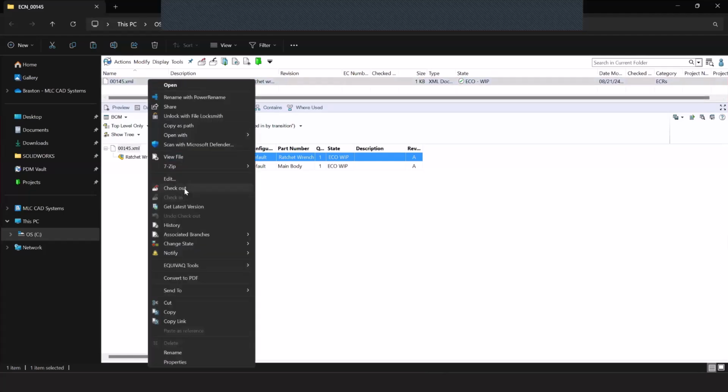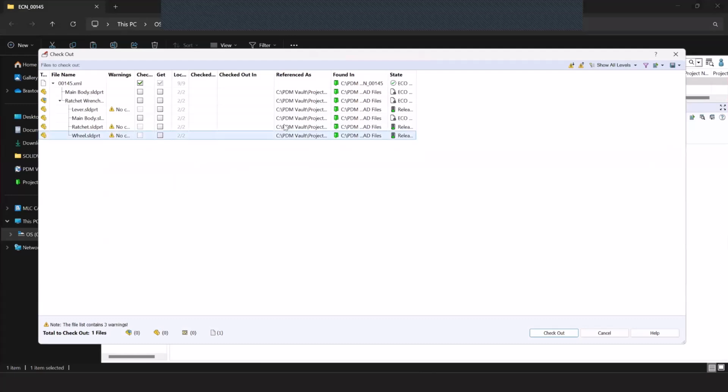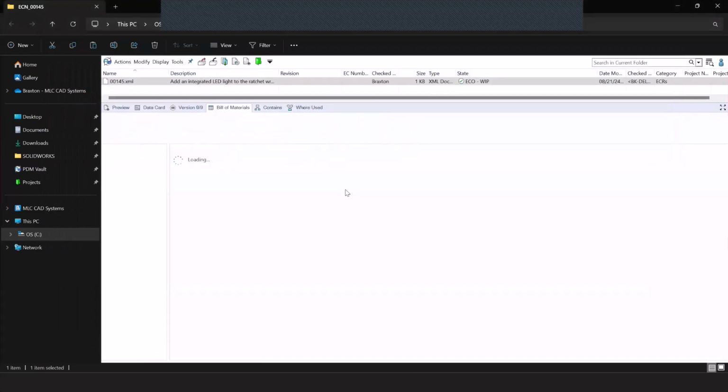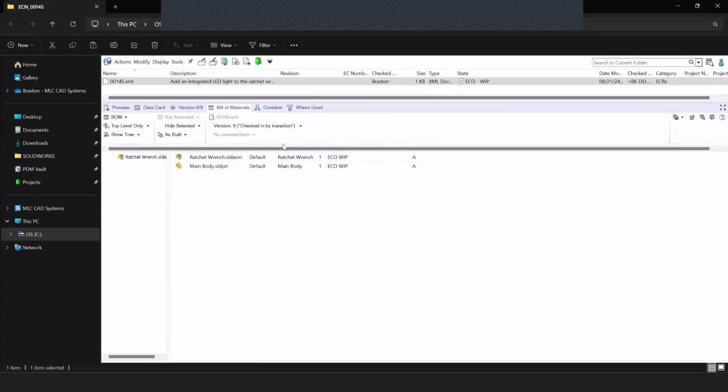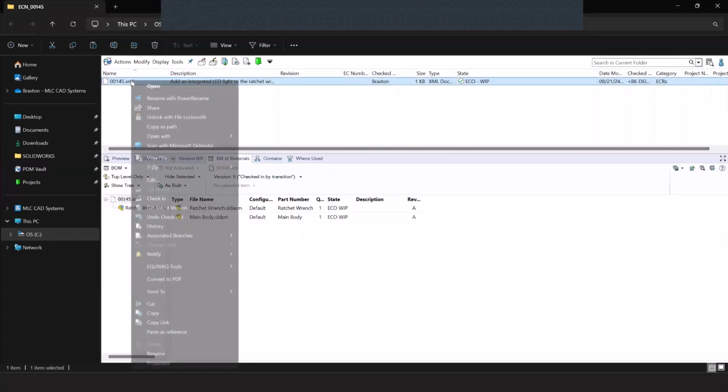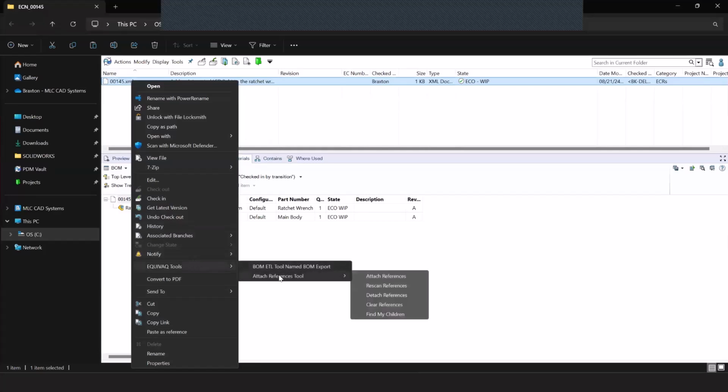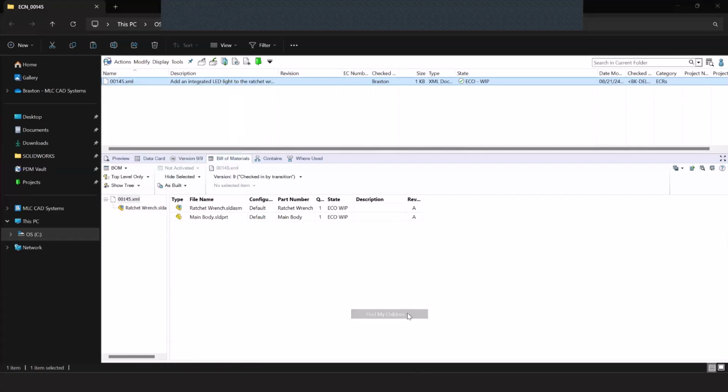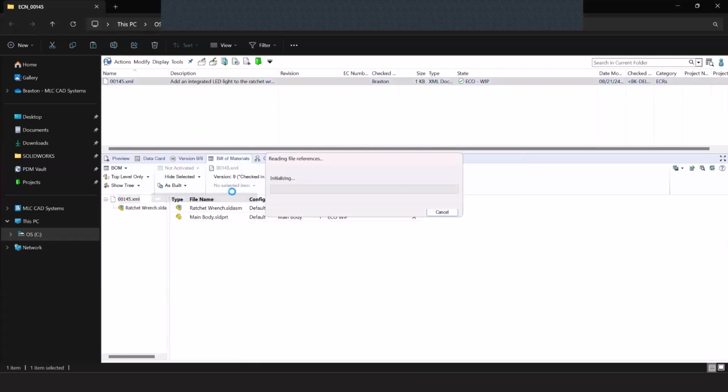Now, I might have some other supporting documents that I also want to attach to my change order here. One of the other functionalities of the attach references add-in is the ability to track down child references. And the way it does this is through comments. Check in your document. If you comment with the name of your engineering change, this find references will scan those comments from the last 3 versions, and it will create a reference